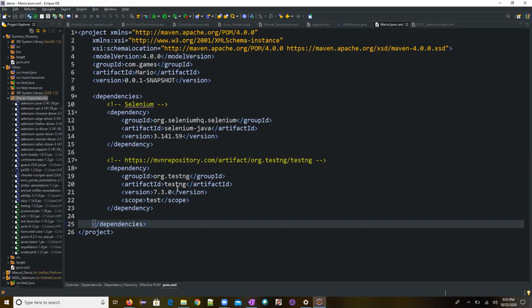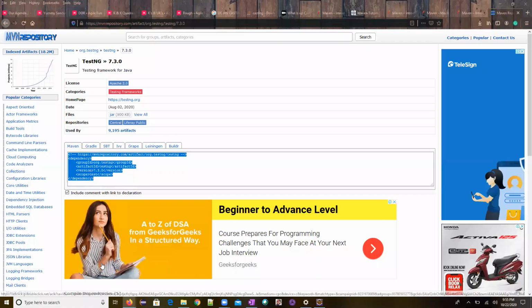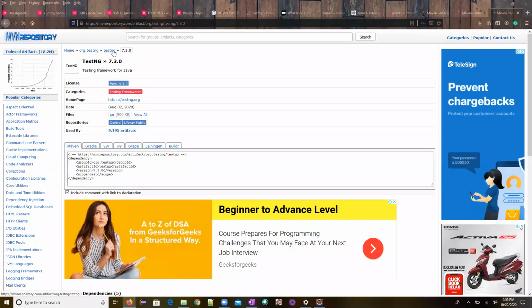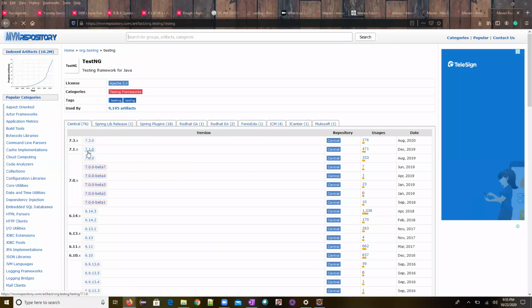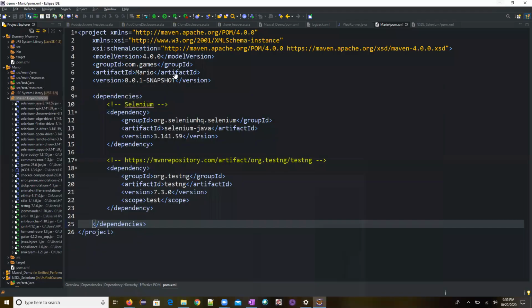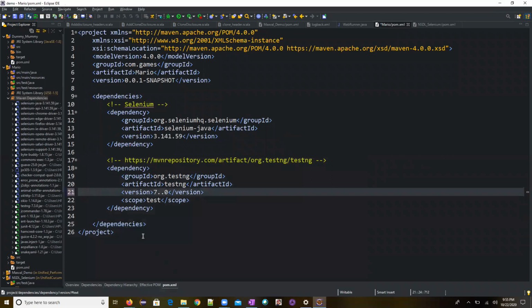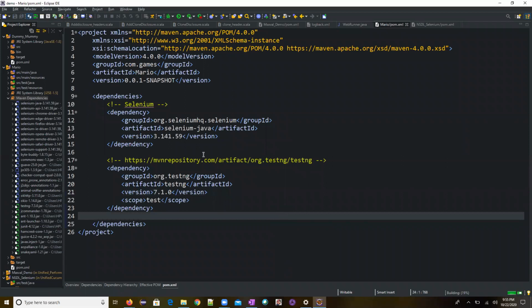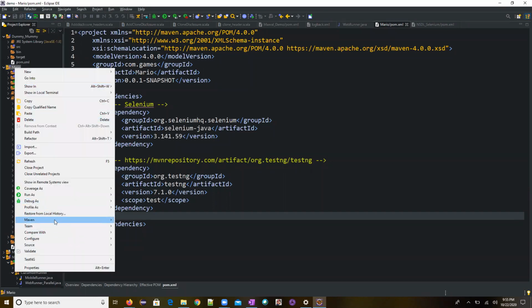Now what I'm trying to do: this is the latest version, right? I found that this version is not working properly for me. I wanted to use 7.1.0. I'm just trying to downgrade, because a few versions may not work for us. So at that point of time, I'll come over here, change this 7, and save this file. As soon as I did that, it downloaded 7.10. It auto updated by default.